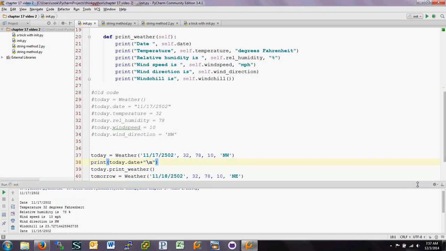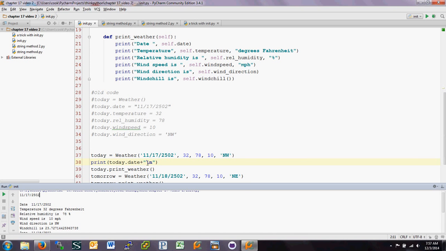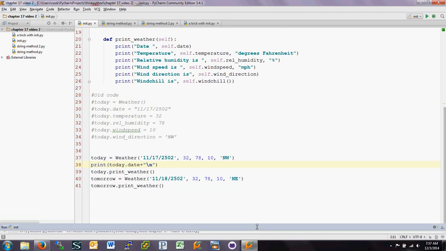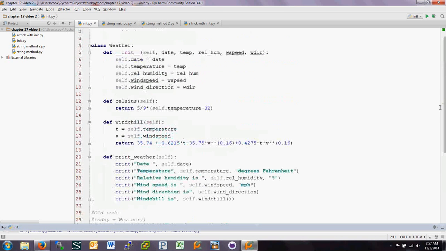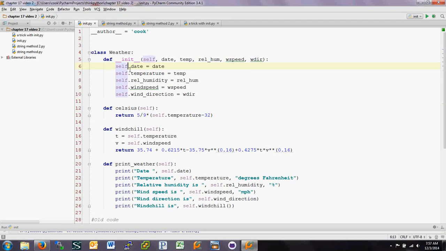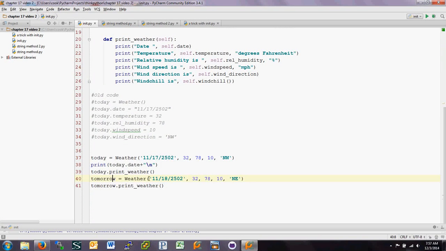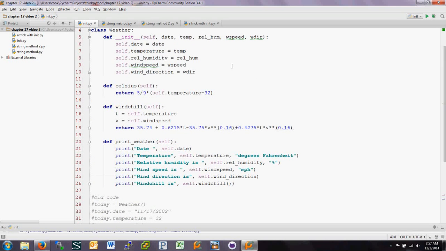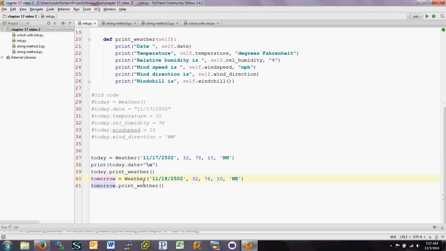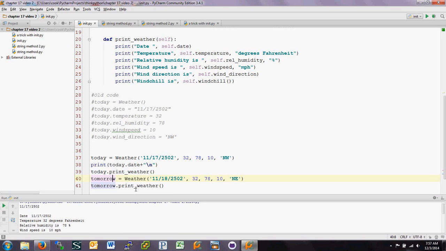So up here is the date, today.date, and what happened is when we call the __init__, self in this case refers to today, and we set today.date equal to that in __init__. And again, __init__ is automatically called anytime we instantiate. And down here, when we call with tomorrow, self becomes tomorrow.date. So tomorrow's date is 11/18/2502, and we can see that when we call tomorrow with print_weather, it comes in and prints self.date. Well, in this case, it means